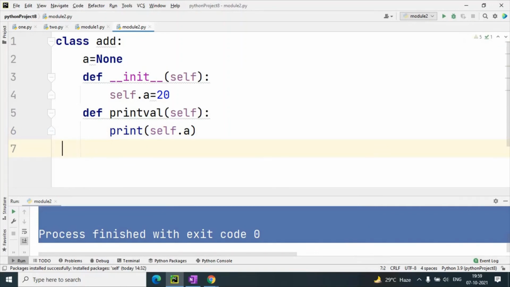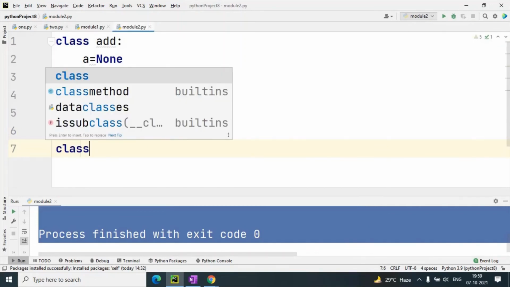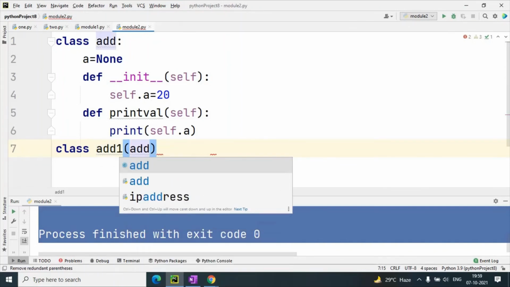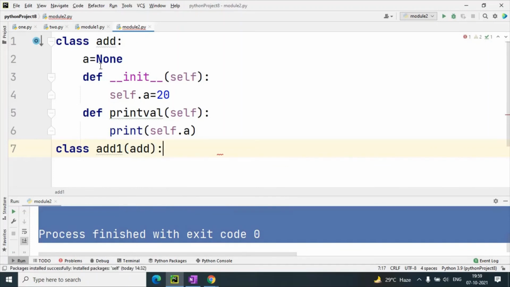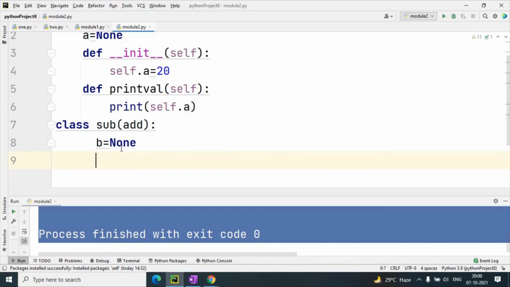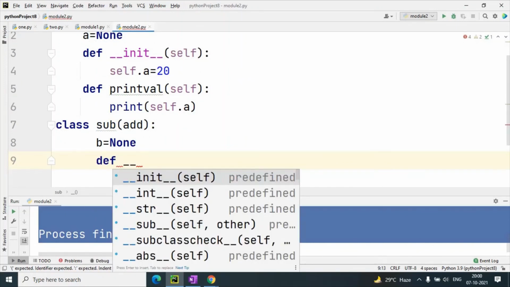Now I am taking another derived class. Suppose I am taking a subtract class, and in this class I inherit the add class. In this class I have another variable b, and its value is None, and here I create a constructor.